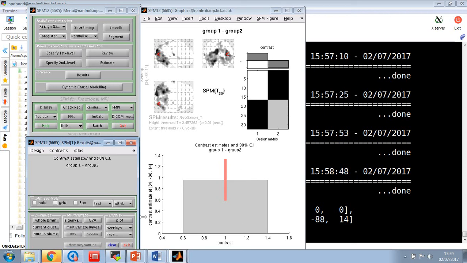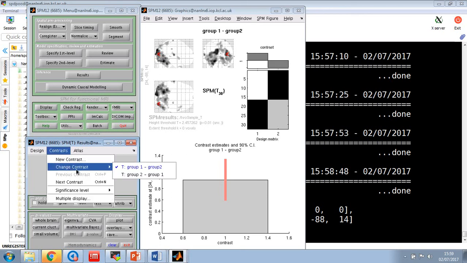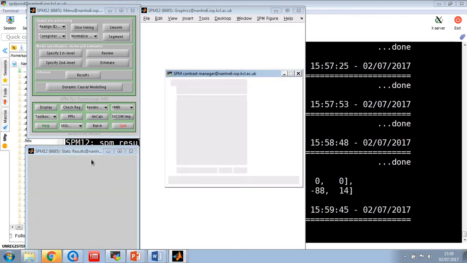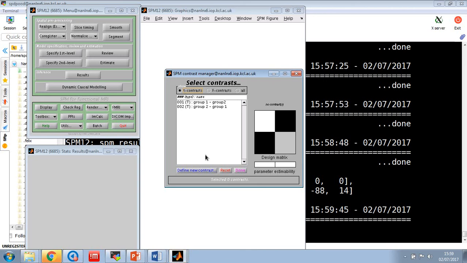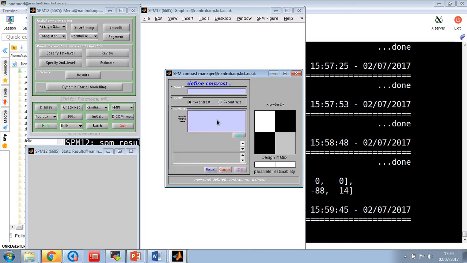Now the key thing about the contrast, when you plot contrast estimates and 90% confidence intervals, is it gives you one bar for every row in your contrast, and our contrast here was 1 space minus 1. So if we want to create a new plot with two bars, we need a contrast that has two rows. So let's show you what I mean. When we plot this, 1 space minus 1, we get one bar, which is the magnitude of